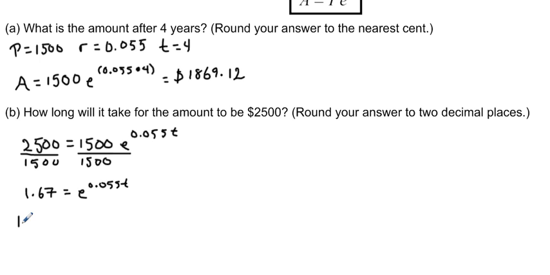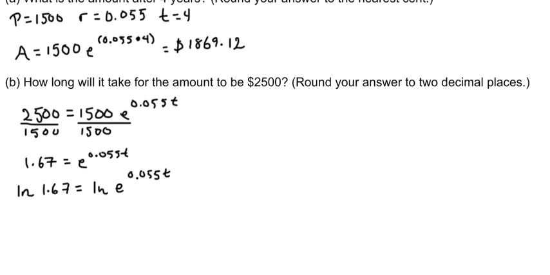So let's write natural log of 1.67 equals the natural log of e to the 0.055t. And like we just stated, the natural log and e will cancel each other out. So what we'll be left with is the natural log of 1.67 equals